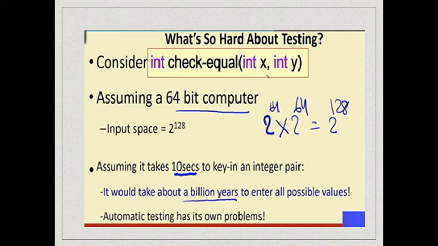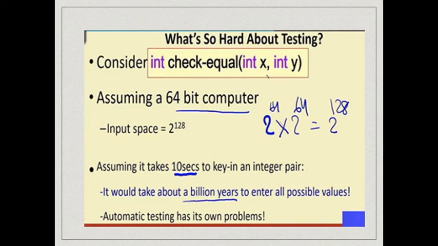Similarly, for the second parameter, 2 to the power 64 different inputs are possible, and therefore the total number of inputs with which the function needs to be checked is all the possible combinations of the first and second parameters, which is 2 to the power 128. And this is a huge number.